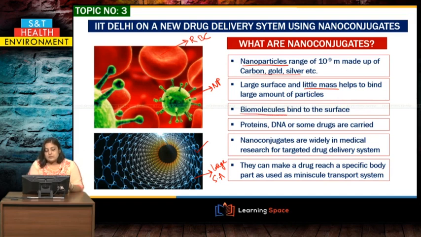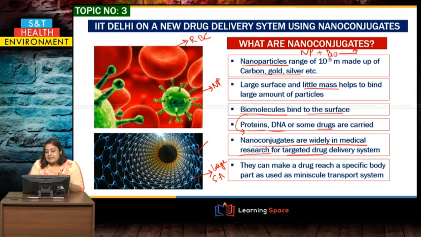So what biomolecules are attaching to them? Biomolecules attach to the surface of the nanoparticle, and the biomolecules can be proteins, DNA or sometimes some chemical drugs. When nanoparticles are combined with biomolecules, they make nanoconjugates. So nanoparticles plus biomolecules make nanoconjugates, and nanoconjugates are widely used in medical research and they are